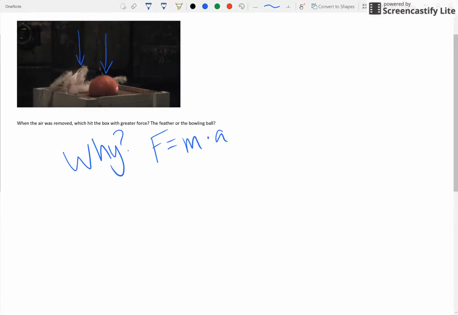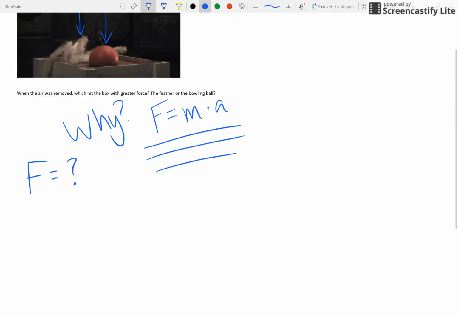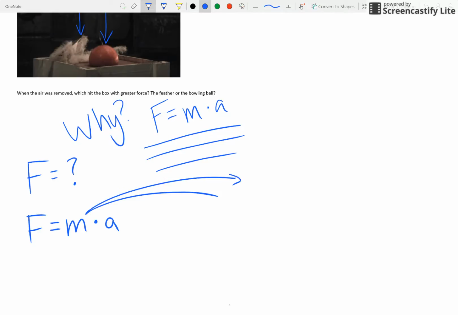Okay, so the original question was, when the air was removed, which hit the box with a greater force, the feather or the bowling ball? All right, well, if we want to find force, all we have to do is use this equation right here. So we have force equals mass times acceleration. We should be able to find the mass